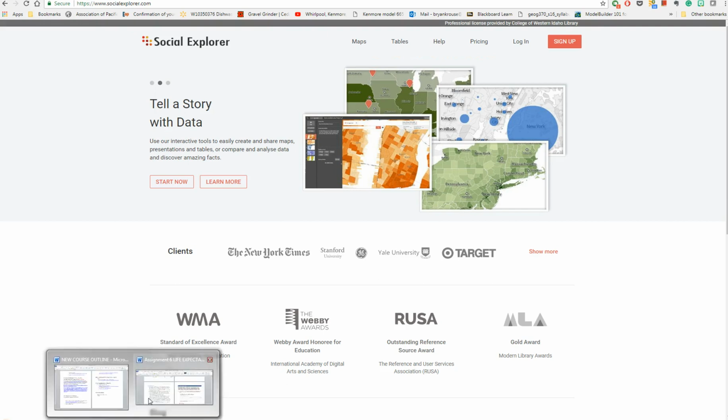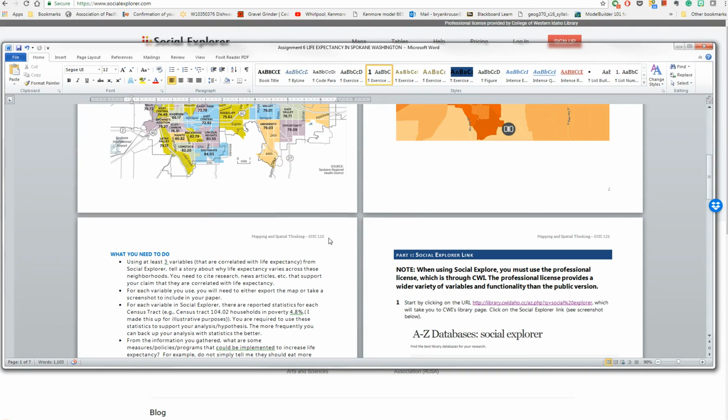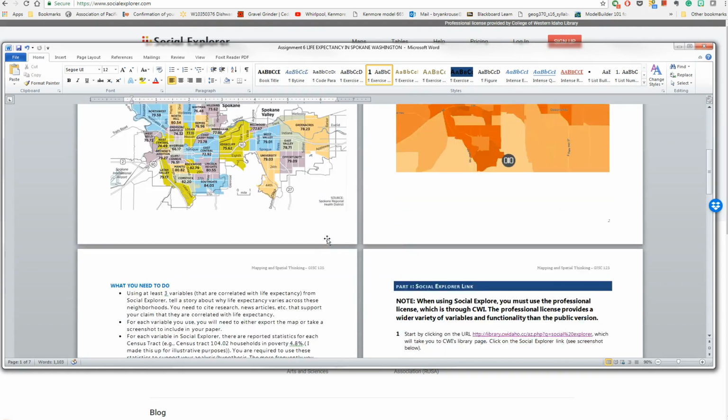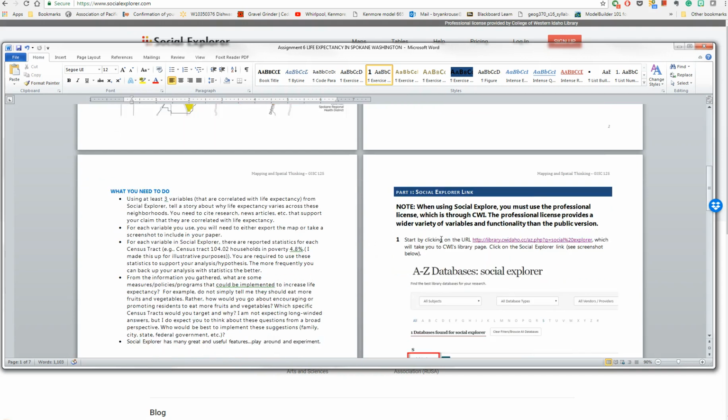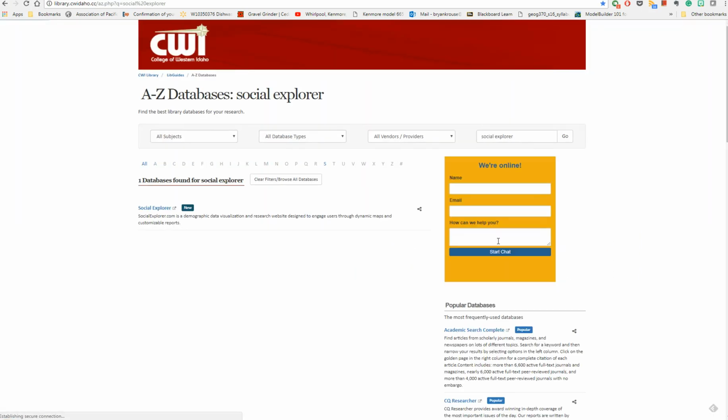So the key thing here we want to do is, in the lab assignment for the week, you will find that you need to use the Social Explorer that's the professional license through CWI. If you don't use that, then you are not going to have the amount of variables that's in the free version. So make sure you log in, and you can do that through the lab assignment just by clicking on this. Hold down the control key on a PC and then click on that,